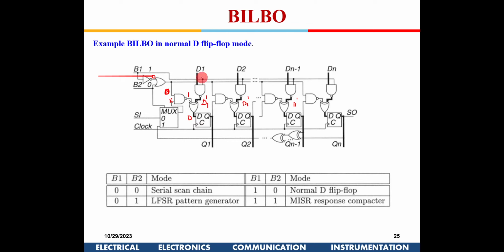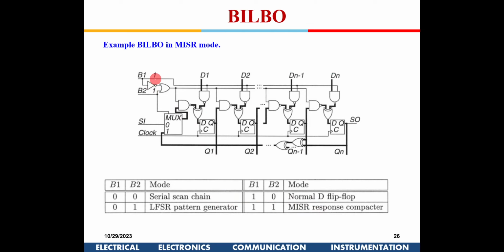So it works like a normal flip-flop, where you have a combinational block here, and the data of the combinational block is being captured by this. During normal function this can be given, or while doing testing, first I can scan in the data and then switch it on for 1 clock cycle to the normal mode. Depending on the test vector, whatever the combinational logic has synthesized from the test input vector gives the output, and that can be captured into these flip-flops by setting this to 1 0 for 1 clock cycle. For normal operation it will continuously remain in 1 0, but during testing, first we put the serial in data complete for all the flip-flops, then for 1 clock cycle we make it 1 0, right? So that can be done, and then finally